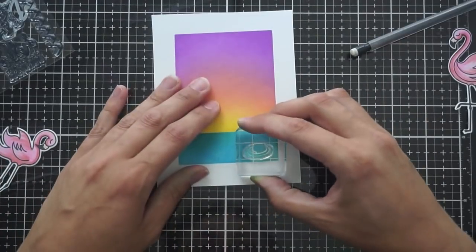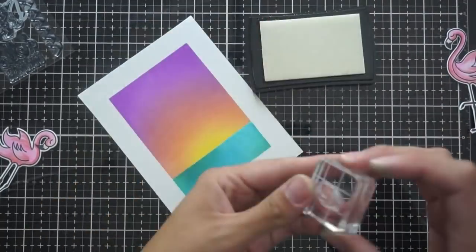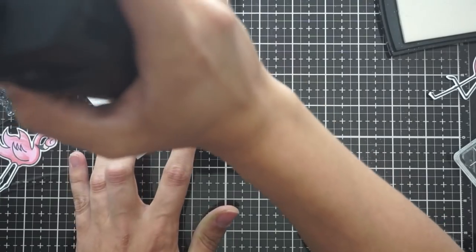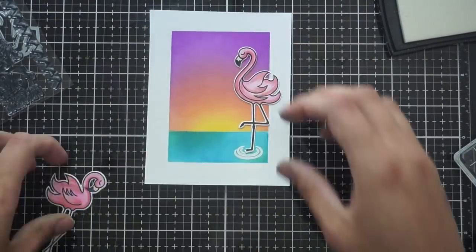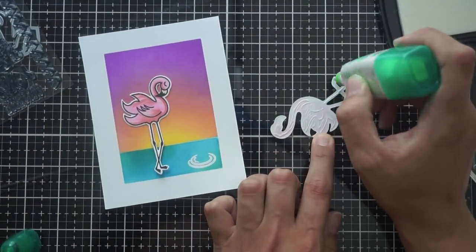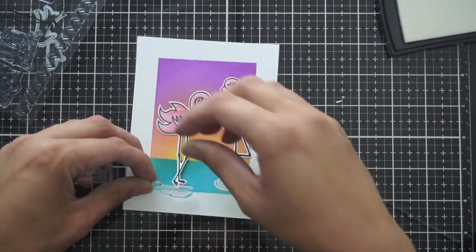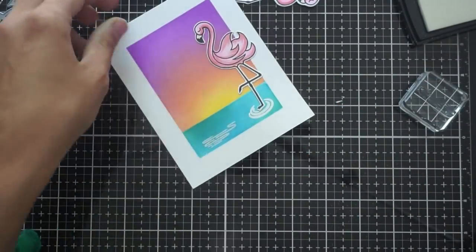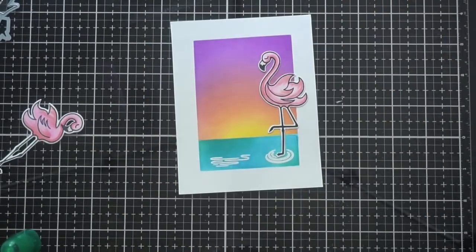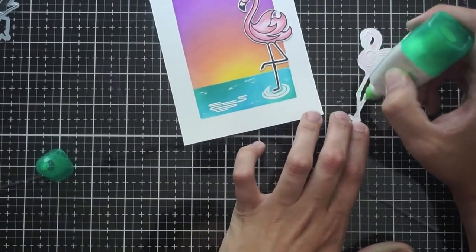To add a little bit of texture and movement to the ocean, I'm going to be using these really cool stamps that make it appear as if there's little waves at the feet of the flamingos. So I'm just going to stamp that in Versamark ink and emboss it with white embossing powder just to make it look a little bit more like movement. And I'll do that again for the other wave stamp as well. I'm also going to go in with a white gel pen and add little movement marks myself. Finally, I will go in and adhere the flamingos with Tombow Mono Multi-Glue, and that will be the completed scene